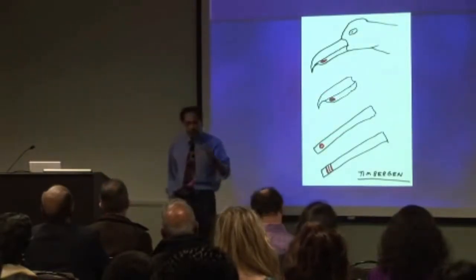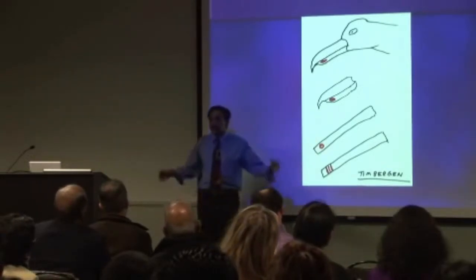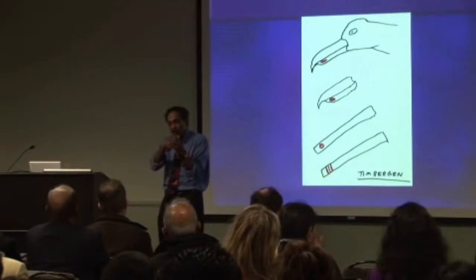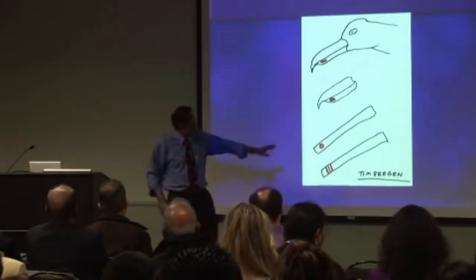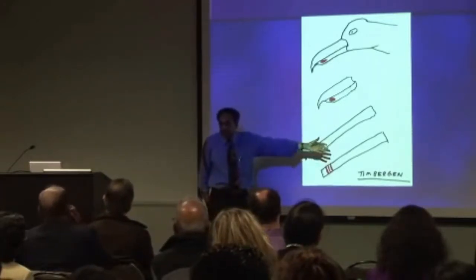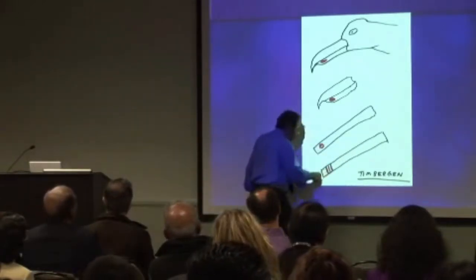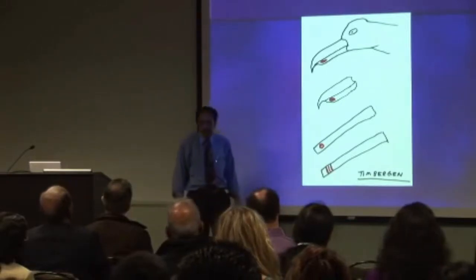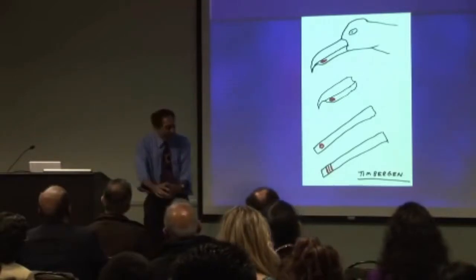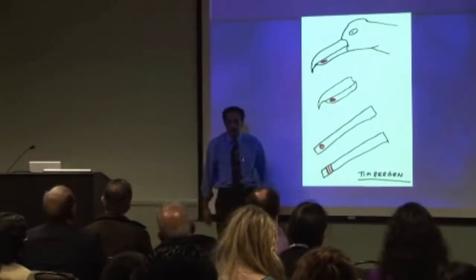But now comes the clincher. What Tinbergen found was, forget about the beak. You take a long yellow stick with a red spot, the chicks still go to it. Because the system in the brain, the template, has a tolerance. Just like you can use a rusty key to open a lock, it doesn't have to be perfect. So the neuronal systems in the brain are not perfect. If you just give a yellow rod with a spot, the chick still gets fooled and begs for food. But now, the bottom line: Tinbergen took a long yellow stick and put three red stripes on it. And the chicks go crazy. They go berserk. All of them are attracted to it like a magnet, and they all congregate and start pecking incessantly, preferring that to the original beak, and indeed to the mother.